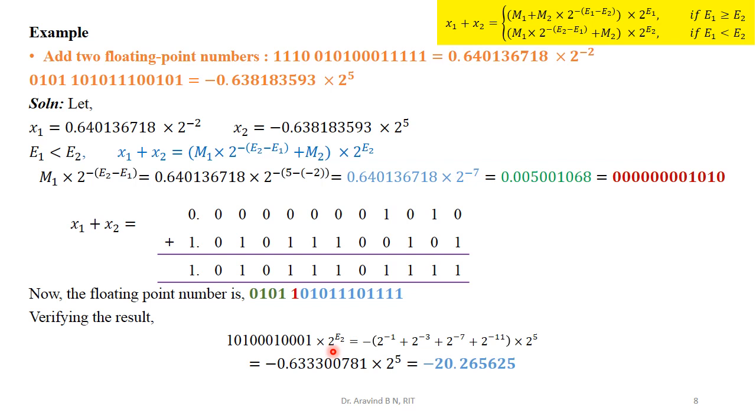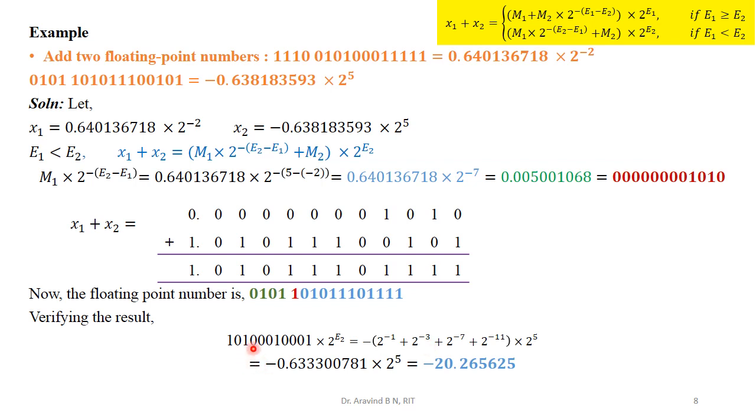So now the conversion procedure. This location is going to be the first location, then second location, third location. Wherever the term 1 is present, that is nothing but 2 to the power of the corresponding location with a negative sign. In the first location 1 is present, so we say 1 into 2 to the power of minus 1, added with 1, 2 and 3. Here is again 1, so this will become plus 2 to the power of minus 3.